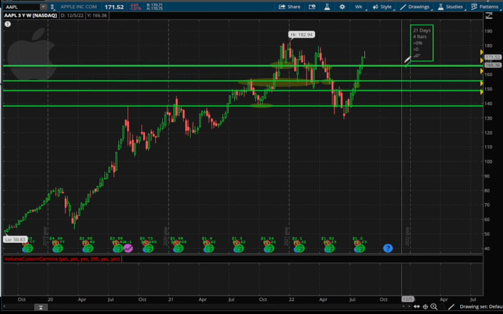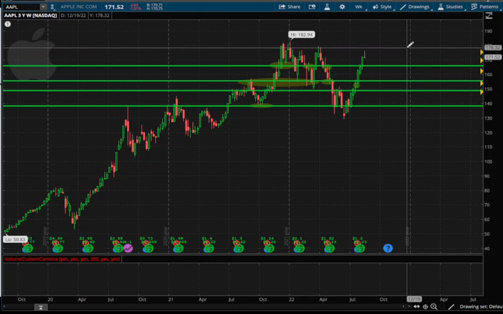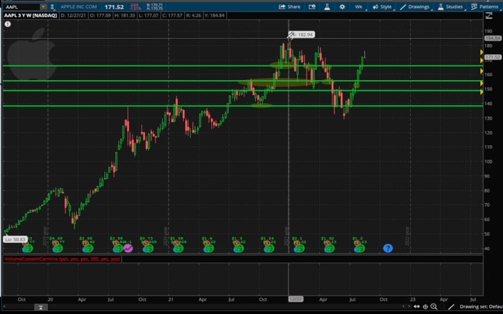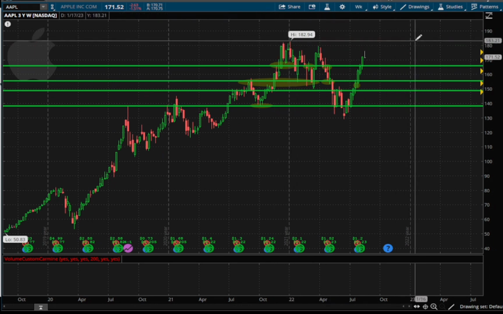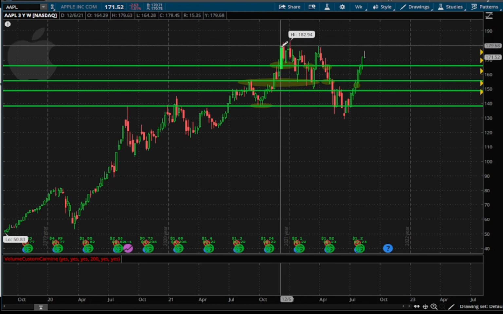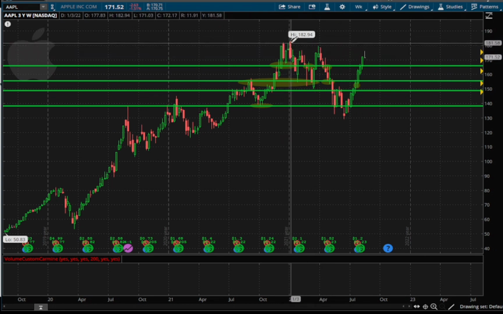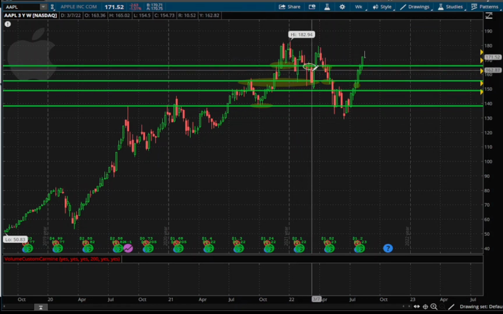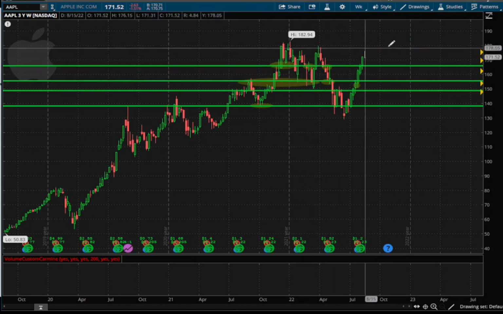Resistance lines are the exact opposite of support. It's where the stock sells, where the stock has had enough. They feel like the price is too high, so they start selling. I'm going to draw a line, my resistance line, because you see it hit this, sold off, hit this, sold off, sold off, sold off, went back down, sold off. So this area right here,